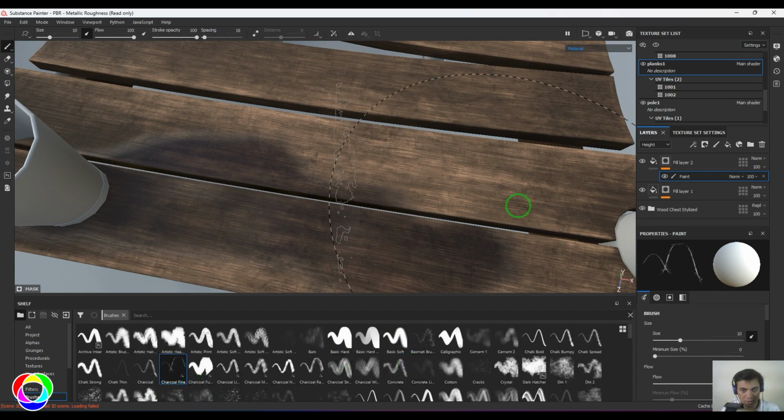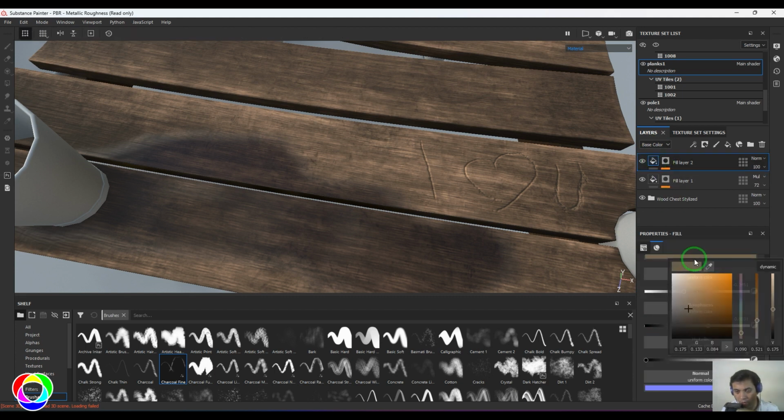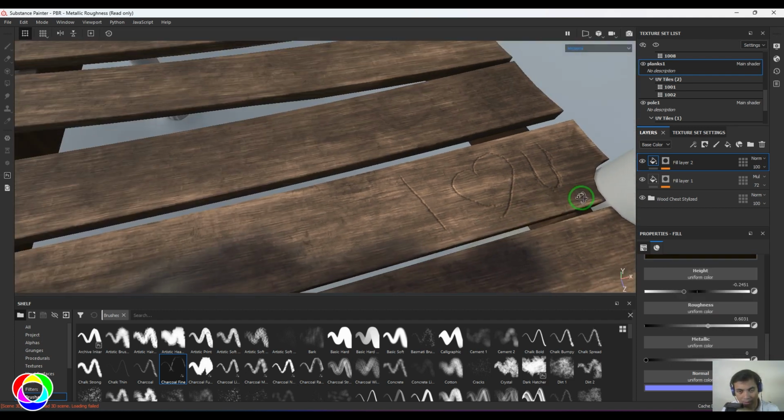So I can take any rough edged line. You have charcoal, fine, and then I can do something like this. Cool, isn't it? Maybe I can just make it more dirty. Okay, as if it's